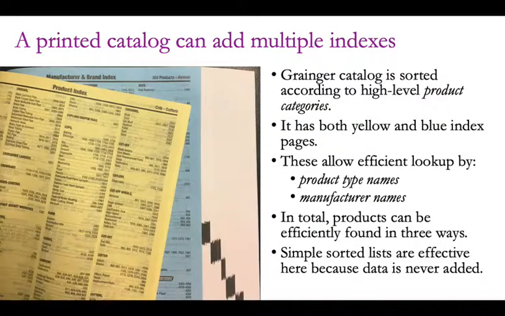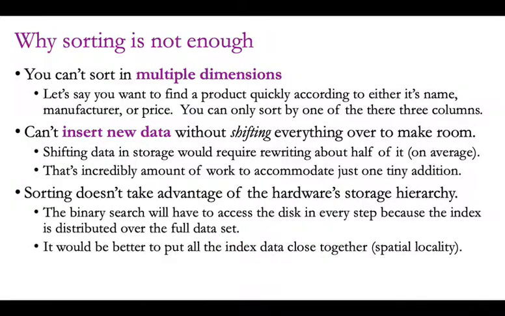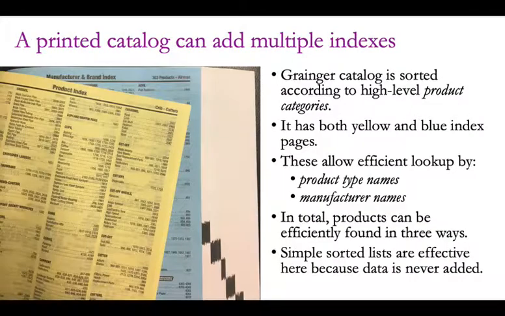All right, so one thing: I claimed that you couldn't sort in multiple dimensions. That's not totally true. It is true, but there are ways you can get around that. I have an example of that in the Grainger catalog. If any of you have worked in scientific experiments, or at a factory, for example, this would be a catalog where you'd order little parts for maintenance and little gizmos and switches and motors and stuff. It's a huge catalog,